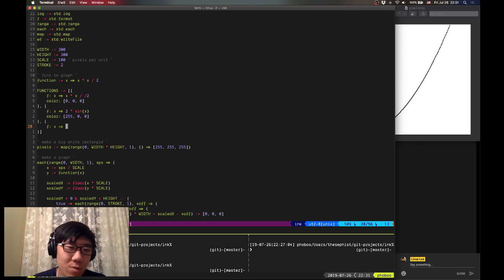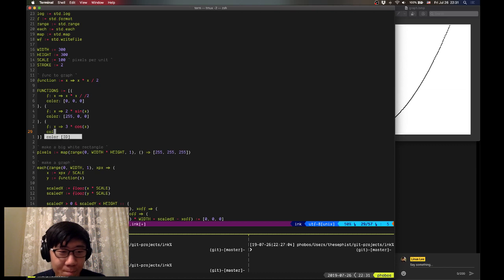I don't know, 3 times the cosine. What's a good looking function? I don't know. 0, 0, 255. So that should be like a really strong blue. Cool, and then